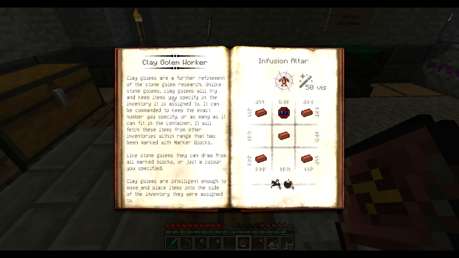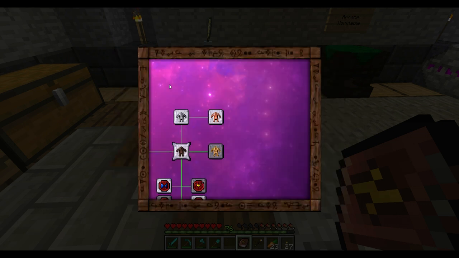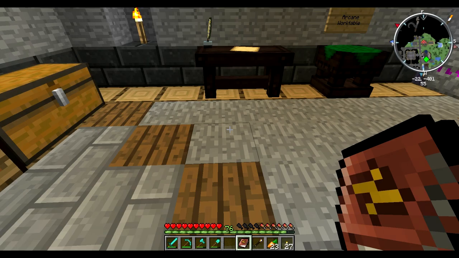Unlike stone golems, clay golems will try to keep items you specify in the inventory it is assigned to. It can be commanded to keep the exact number you specify, or as many as it can fit in the container. It will fetch these items from other inventories within range that has been marked with marker blocks. Alright, so it doesn't quite seem like we can do that, but...